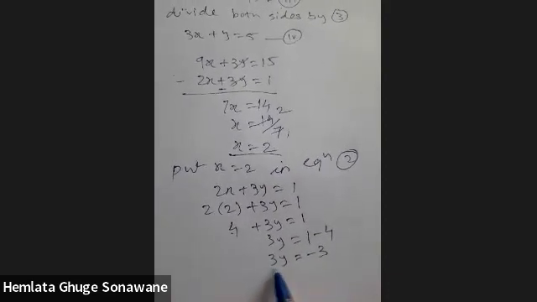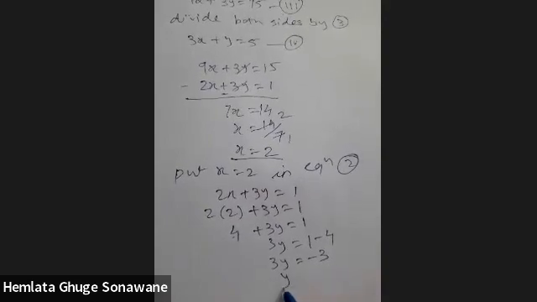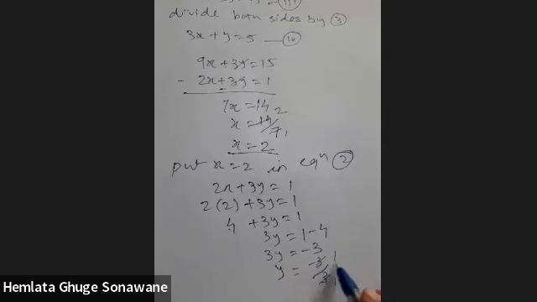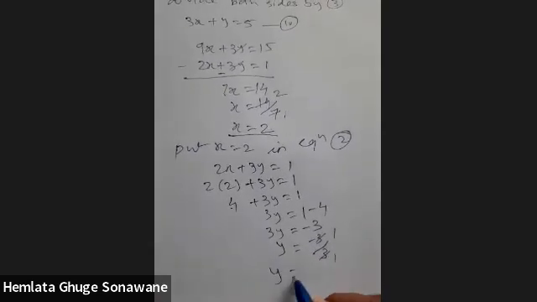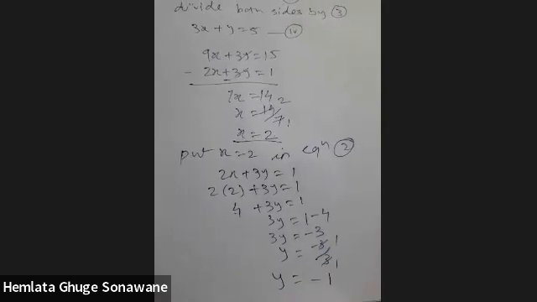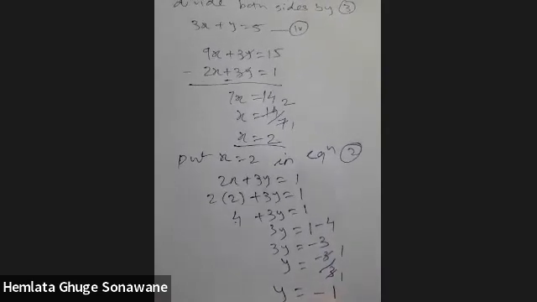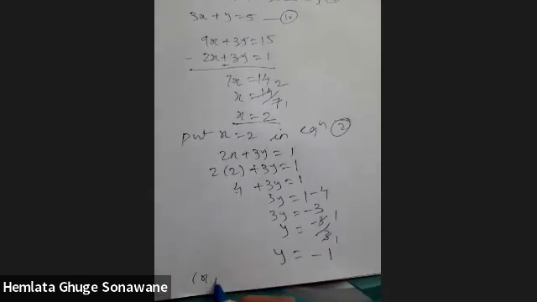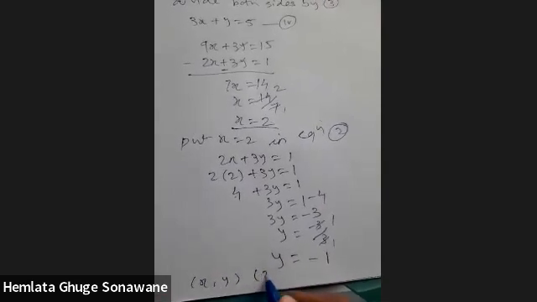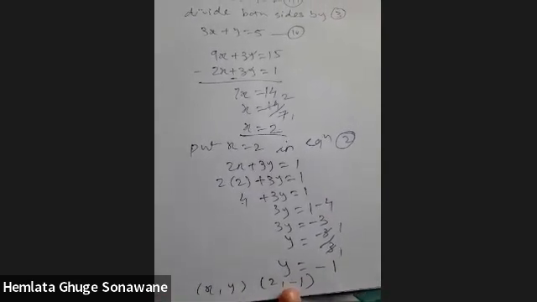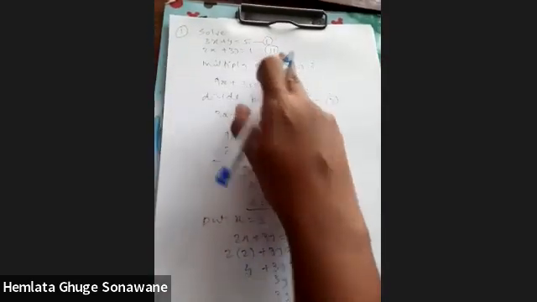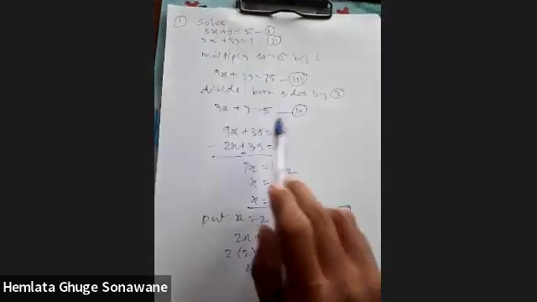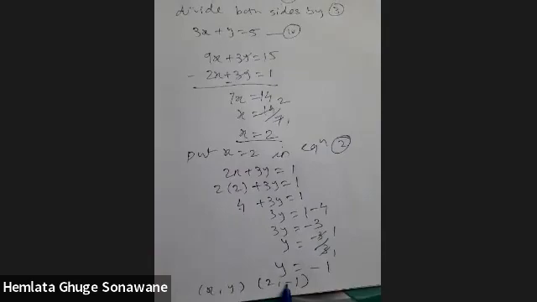This 3 multiply here, it divides towards the right hand side. So y is equal to minus 3 upon 3. So we'll get the value of y as minus 1. Okay. Minus 3 upon 3 becomes minus 1. Now we have got the values of x and y. x is 2 and y is minus 1. We can put these values into any of the equations. If we get the correct answer, it means whatever values we have got are right.